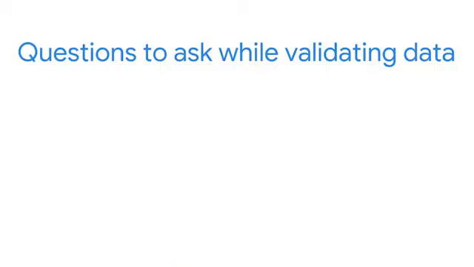So, while we are performing our validation work, what is it that we're searching for? No 2 datasets are alike. There will be different things to check for based on the type. Here are some questions to consider when validating data. Are all the data entries in the same format? For example, are people's ages expressed as solitary numbers like 23 and 47, or within a range like 18 to 35 and 35 to 50?